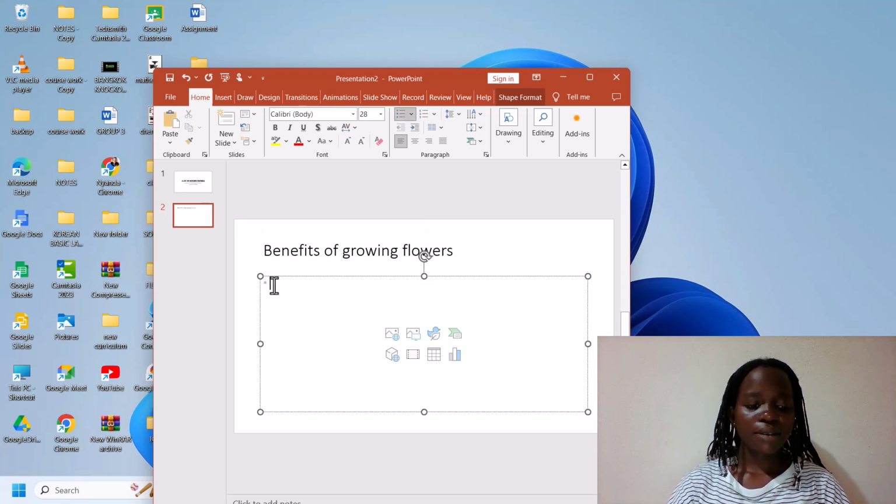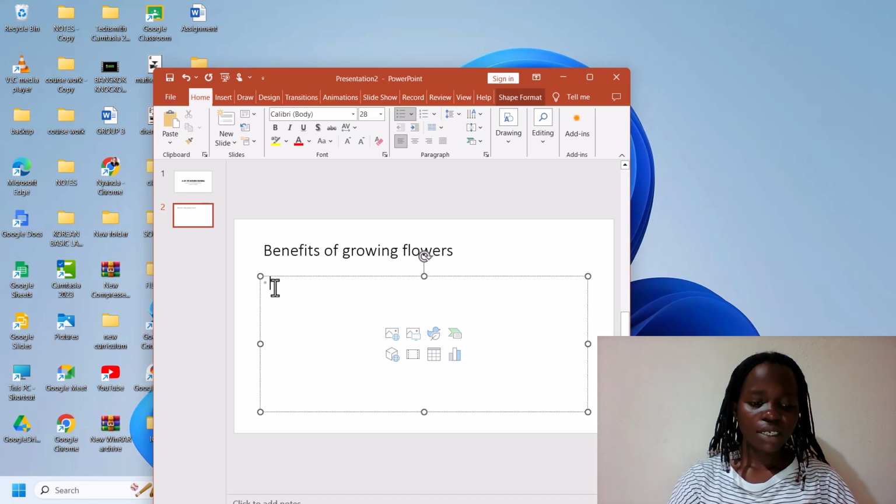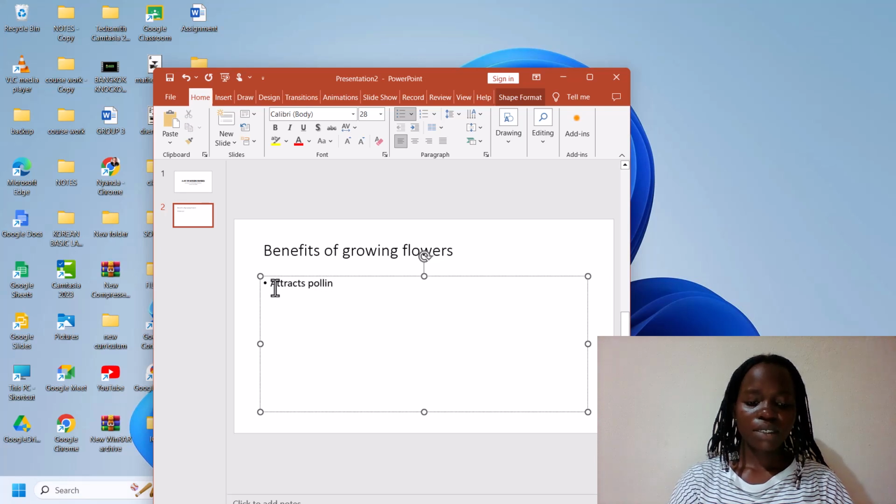Alright, then to avoid time wasted, I'm going to just put only two benefits, and that is attracts pollinators. The second, enhances